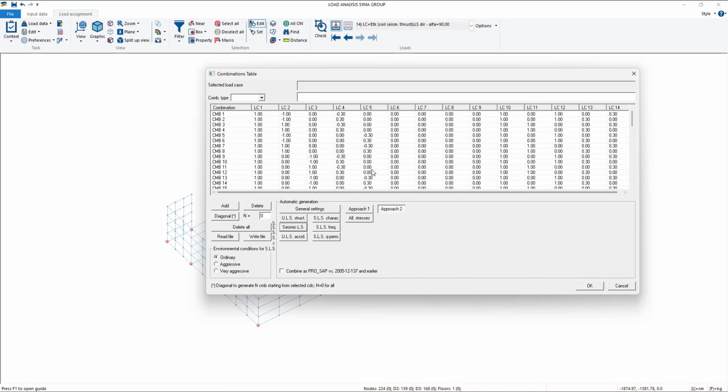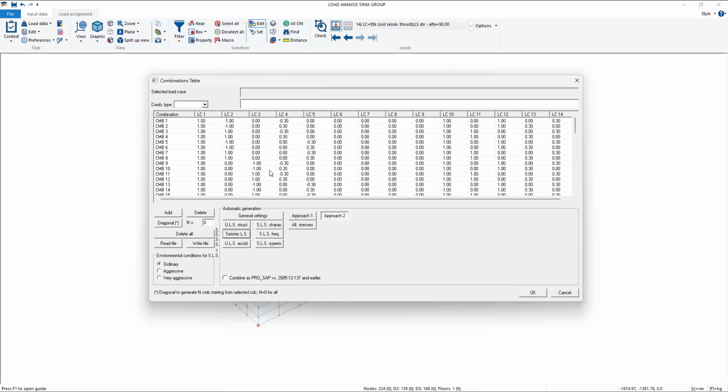Now, these are the 64 combinations generated by the software. We can see that for the first one, for example, we have the self-weight, the dynamic load, so the seismic dynamic load in direction alpha 0 negative.